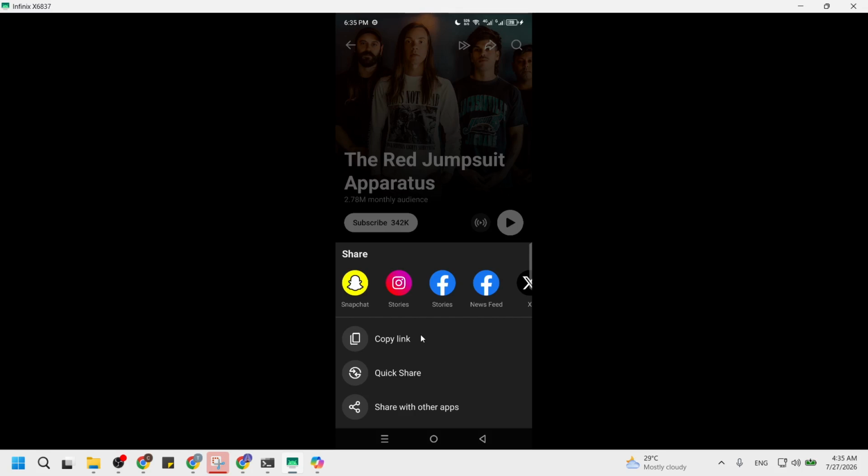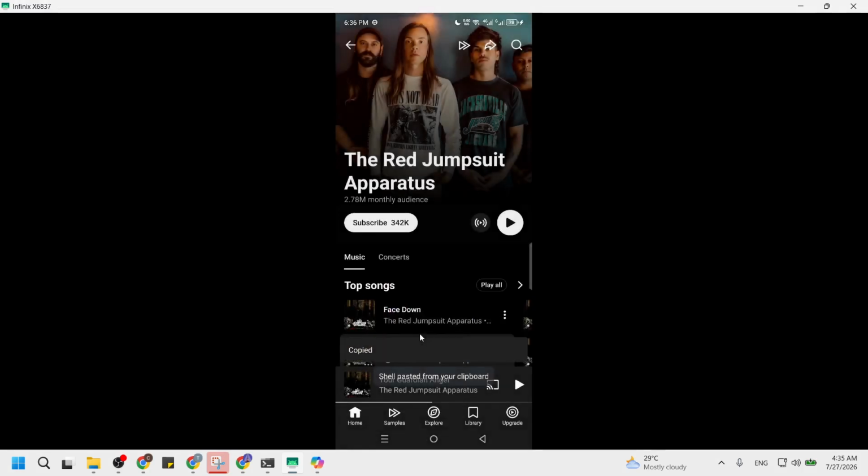After the share panel opens, you will see several ways to send the artist link, such as messaging apps or email. For this method, find the option labeled Copy or Copy to Clipboard. Tap Copy one time. As soon as you tap it, YouTube Music copies the full artist page URL into your device clipboard, even though you might only see a very quick confirmation message. You will not see the link itself here, but it is stored and ready.